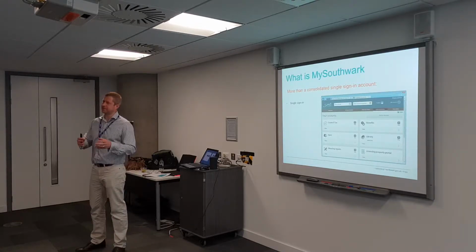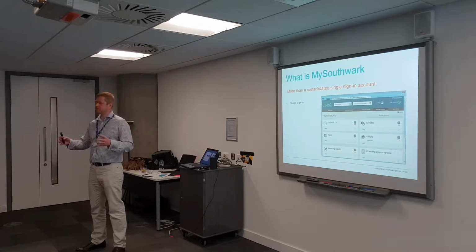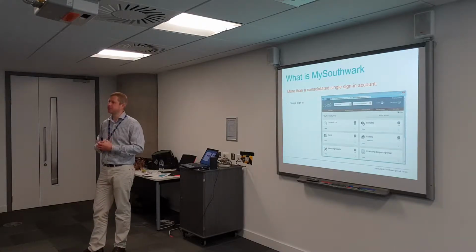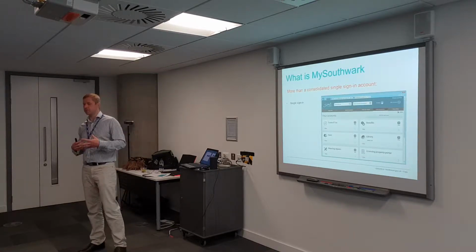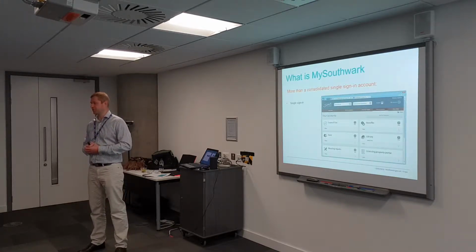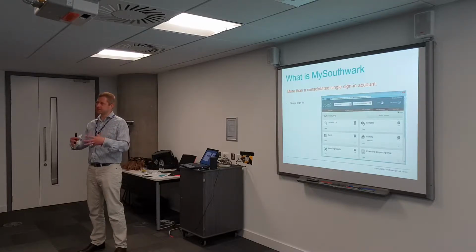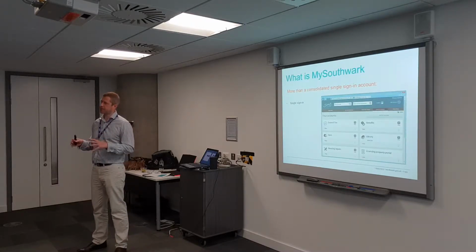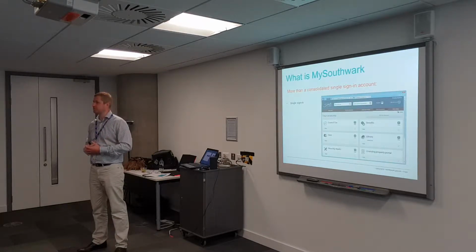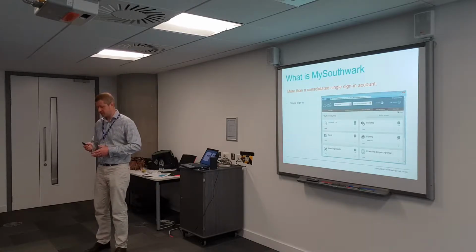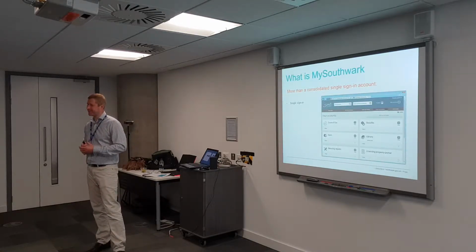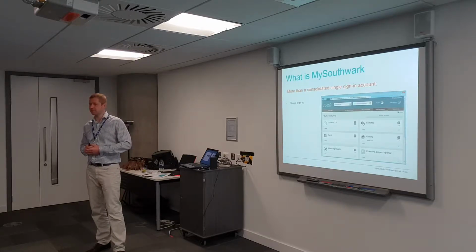Five years ago, we started looking at where this was going. We'd rather it got brought together for our users, so that in 5 years' time they haven't got 10 different logins for the council to do 10 different things, 10 different passwords that they can't remember, that we make them change every 4 weeks. So that was the preface for the beginning of our journey. We were already starting to see that things were being provided disparately. Can we stop that and make it easy for users to log in in one place? We've had mixed success, but we're still working on getting everything under that one roof, and we're probably ahead of some of the other councils out there.